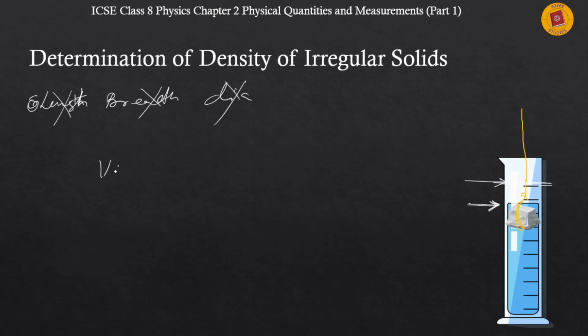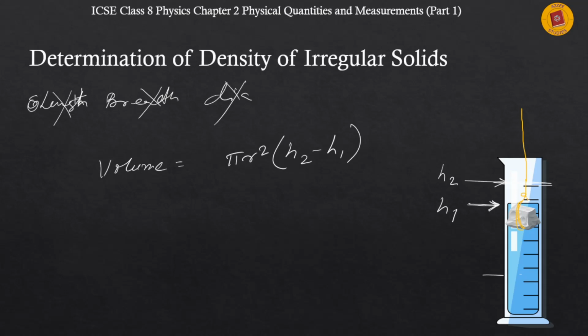Now the volume will be given by pi r squared (h2 minus h1). Let this height be h2 and this height be h1. Pi r squared, where r is the radius of this measuring cylinder. It will be specified in the cylinder itself,